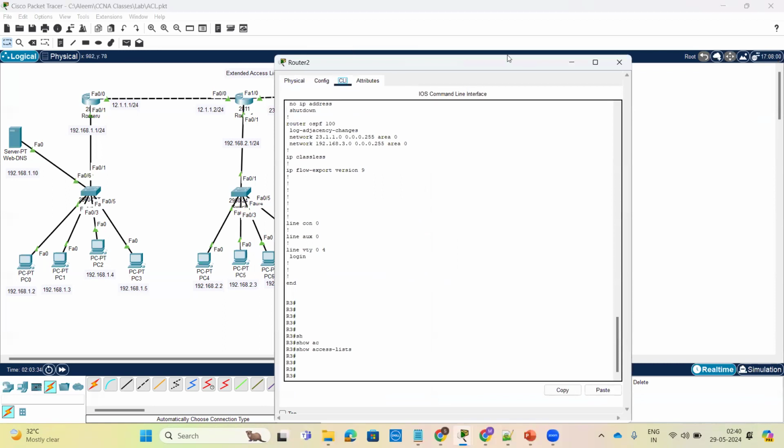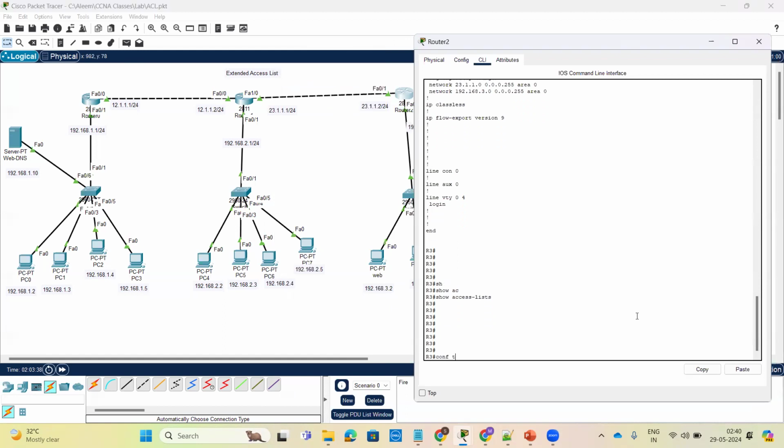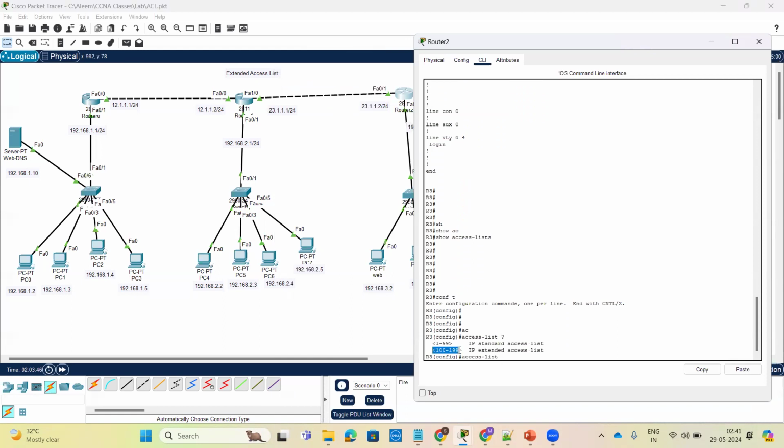Here I'm creating two rules for that. Config terminal, and whichever access control list we take should be from the range 100 to 199, because this range is the extended ACL. In extended ACL only it is possible to deny services like DNS, DSCP, whichever service you want to allow or permit. It is possible with the help of extended ACL only. So I'm taking 120 here, like 111, and